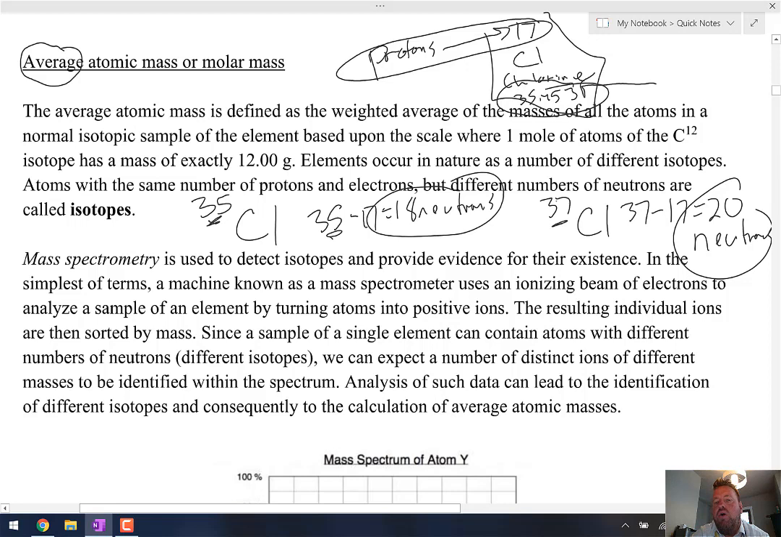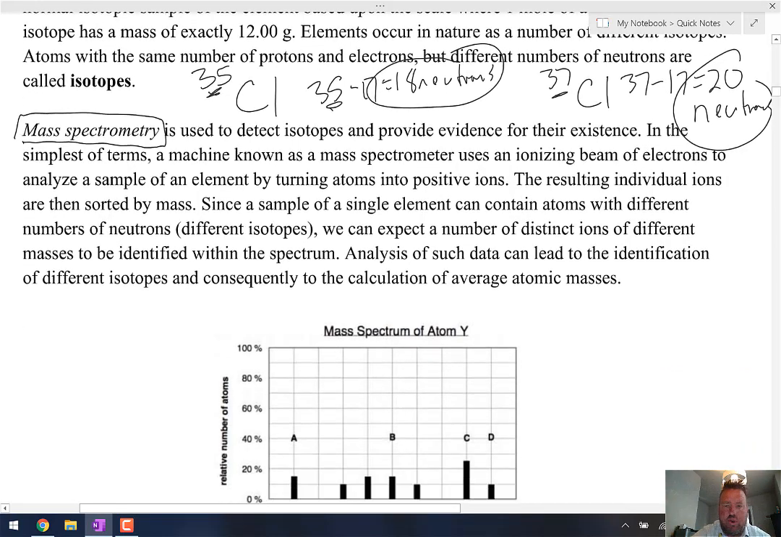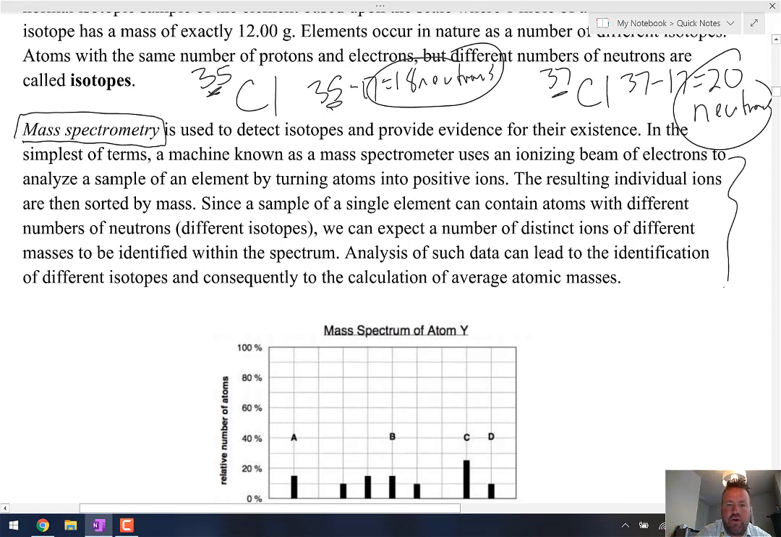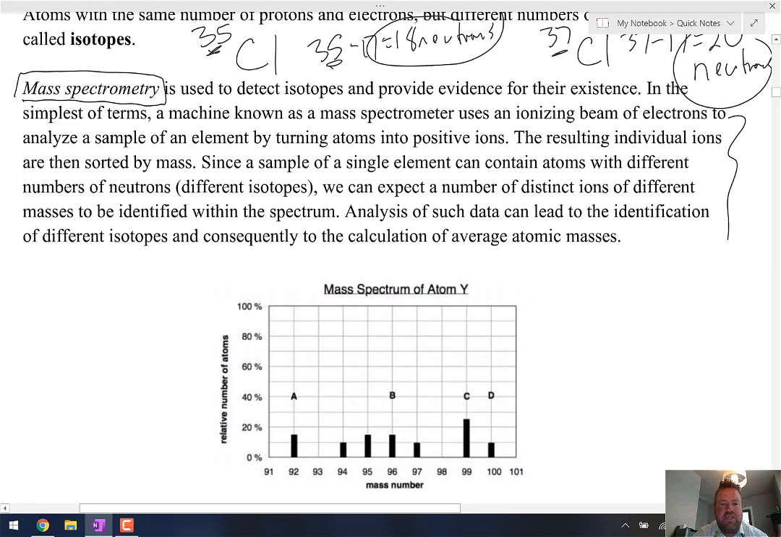Now, how do we know that there's some chlorine that has 18 neutrons and other chlorine atoms that have 20 neutrons? Is because of a device called a mass spectrometer. Okay, a mass spectrometer shows you the different isotopes of that element, and it shows you how much percentage-wise you have of that element, etc. Okay, so let me just show you one here. Here it kind of explains how it all works. Not a big deal. A mass spectrometer, and this graph, this is a graph of the mass